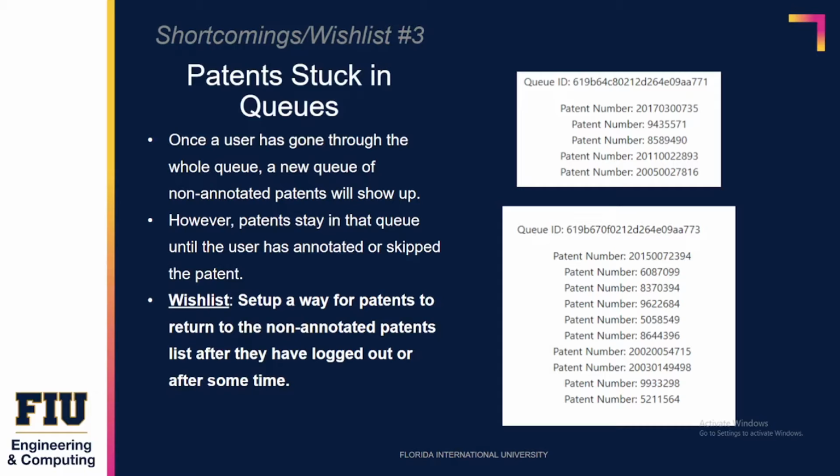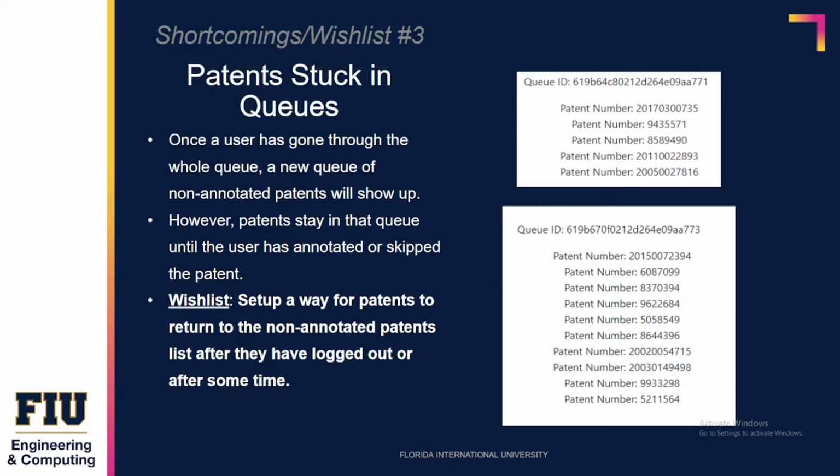So now we have shortcomings wishlist number 3. In this case, we have patents stuck in queues. So every user queue has a list of patents. And as you can see, they all differentiate from one another. Every single patent in the queue will all be different. The problem in this case is that these patents will be stuck in that specific user's queue until it is submitted or skipped. And that would be a problem because if a user wanted to work on, if the user